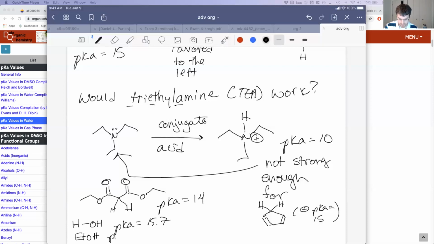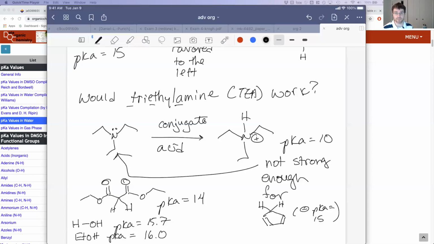ethanol has a pKa equal to 16. Okay, some of you might be thinking, doesn't water have a pKa of 14? Well, we can talk about that, but let's stick with 15.7. Now, let's think about where we get these values. So I'm just springing these values on you. I think it's important to recognize that